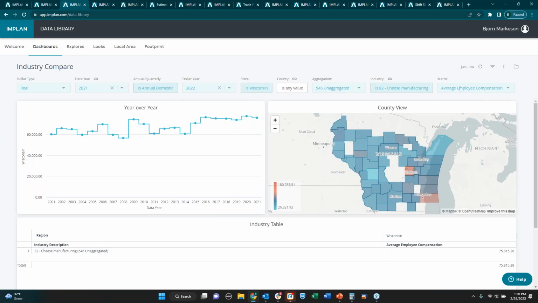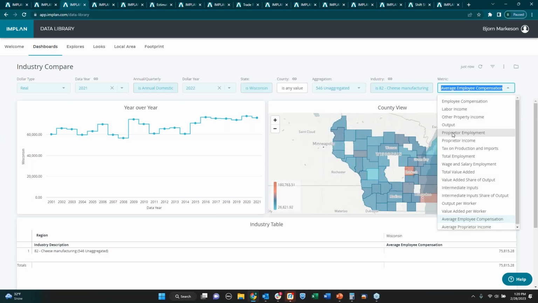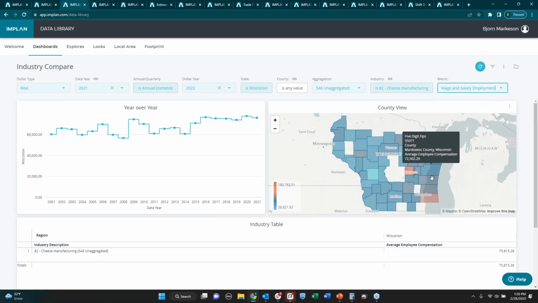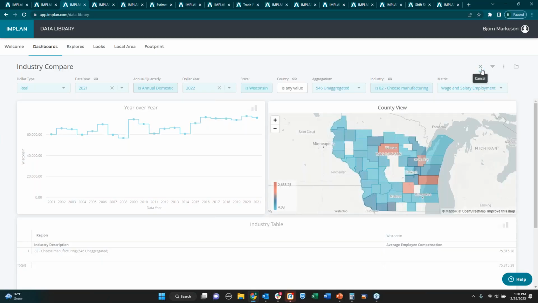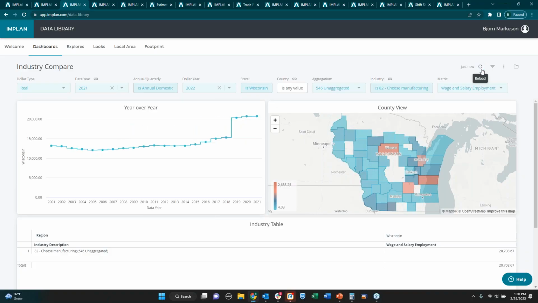Or I can look at something along the lines of total wage and salary employment. Here we go. So if I want to look at just the number of individuals employed in a particular county, I can look at that this way as well. So it gives me a number of different ways of exploring this particular industry and this particular data set